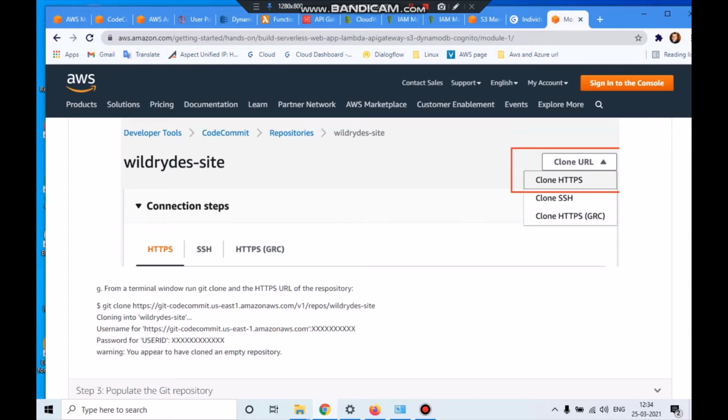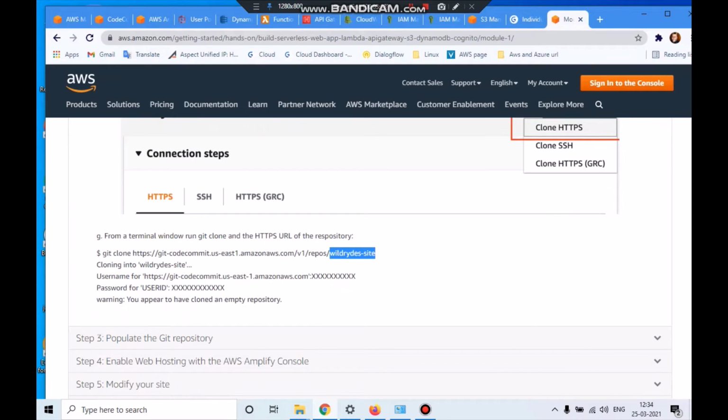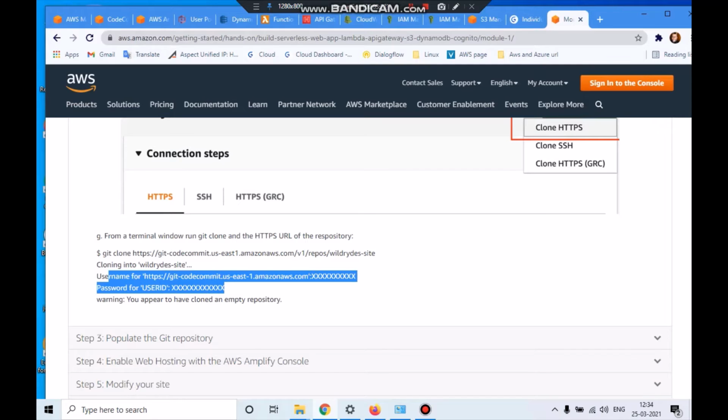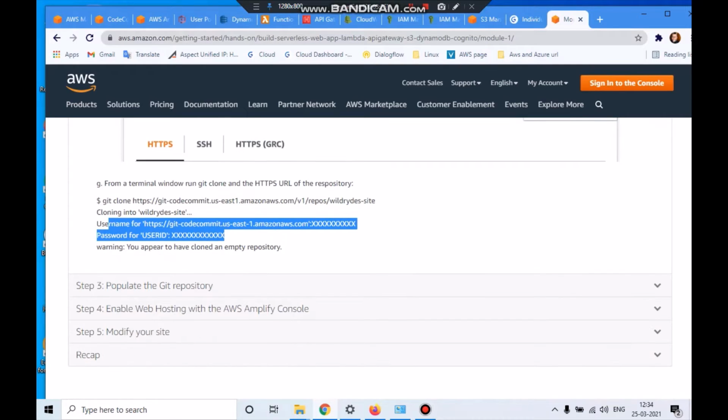Once that part is done, you will get the URL from here. From your local desktop, you run git clone with that particular URL, and for me it's going to be capstone here. Once you place the request, it's authenticated, and it clones an empty repository.